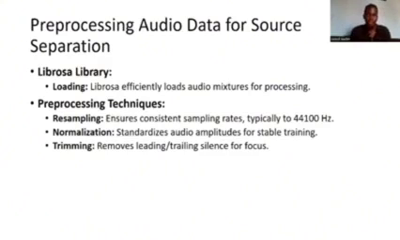In pre-processing of the audio data, Librosa was used for loading the audio mixes. Basically there are three steps: resampling, normalization, and trimming. In resampling, we ensure consistency of the sampling rates. Typically, we used 44,100 Hz. Then normalization: we standardize the audio amplitude for stable training. Then trimming removes the leading and the trailing silence